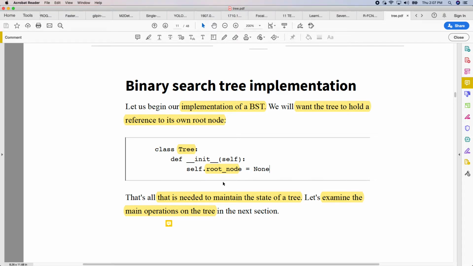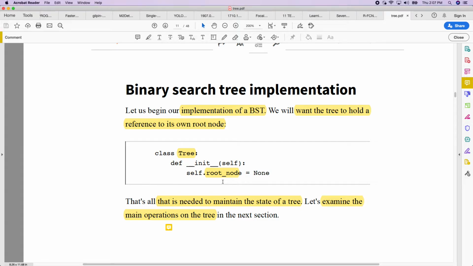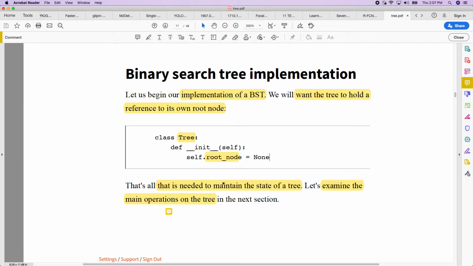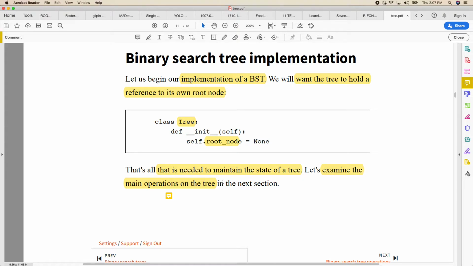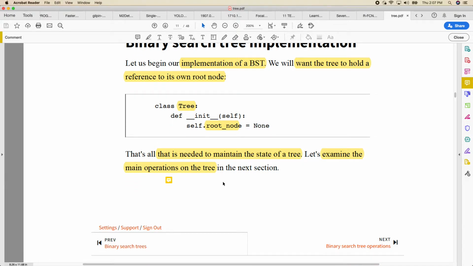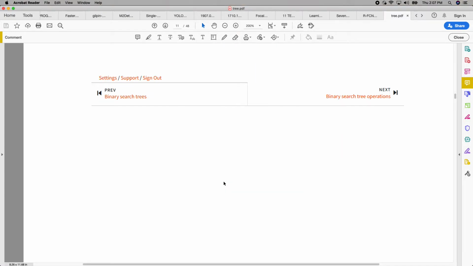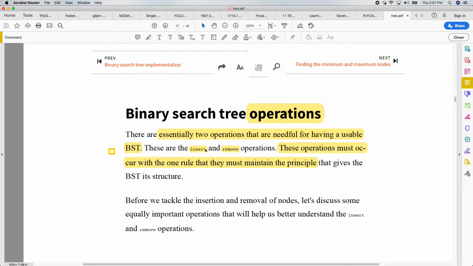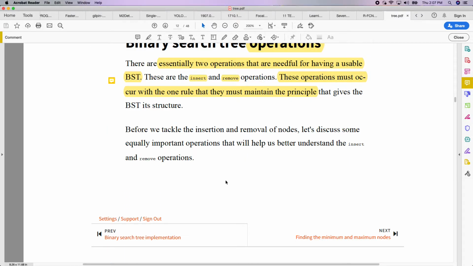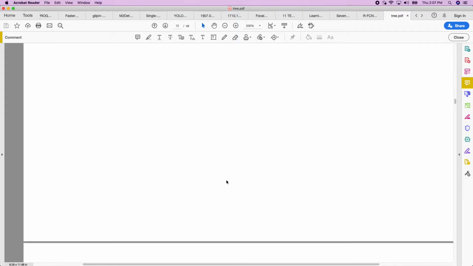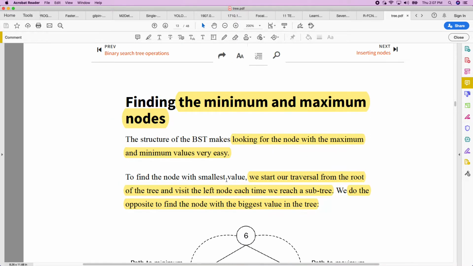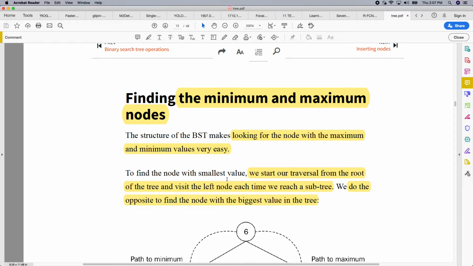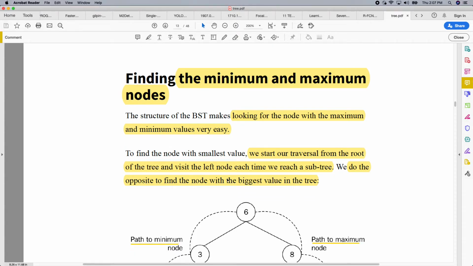Okay. So in class 3, we now want to start implementing some of the operations for the object that will be instantiated from this class. Now, before we do that, because we're going to implement essentially two operations, which are insert and remove, to insert a node and remove a node, we look at a subtask, which is how you can find the minimum and maximum node in a tree. One important thing you should know is that before you can find the minimum and maximum nodes